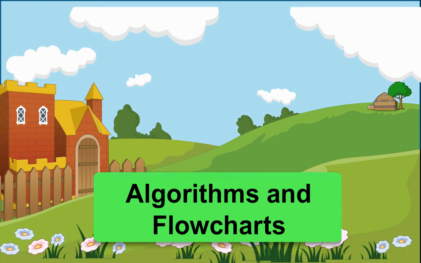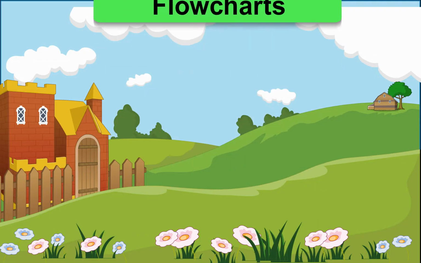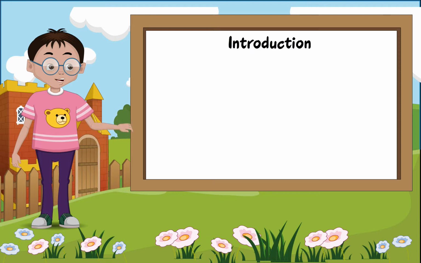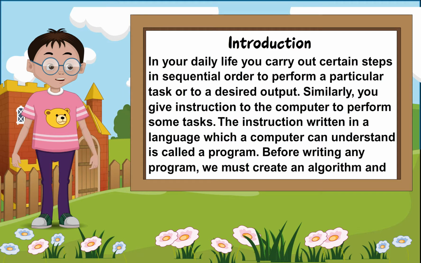Chapter 8: Algorithms and Flowcharts. Learning Objectives: Introduction, Algorithms, Flowchart, Features of a flowchart, Flowchart symbols, Rules for making a flowchart, Loop. Introduction: In your daily life, you carry out certain steps in sequential order to perform a particular task